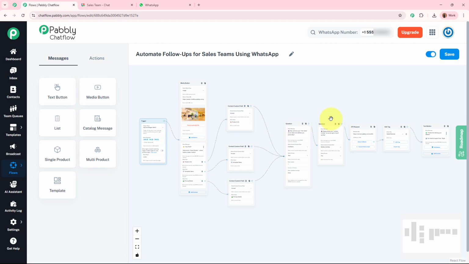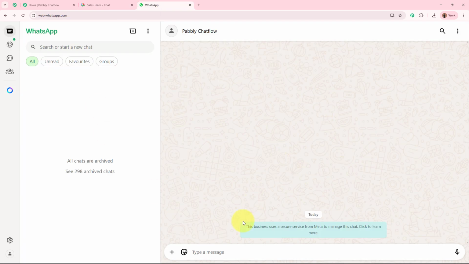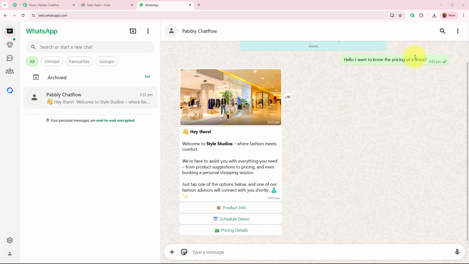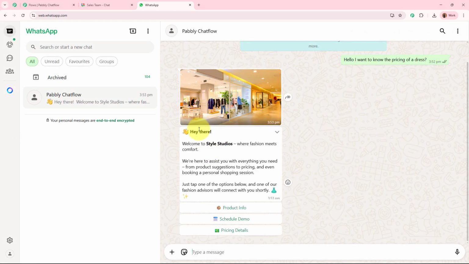So firstly, I'll give you a quick demo of how the bot works from the users' perspective, and then we're going to see how the notification automatically goes to my sales team on my Google Chat space. Okay, so this is the bot that I've created, and towards this bot I'm going to write an inquiry that is going to be, hello, I want to know the pricing of a dress. So I'm going to send this message towards this bot, and as soon as I've sent the message, you can see I've received this store image right over here with the message,